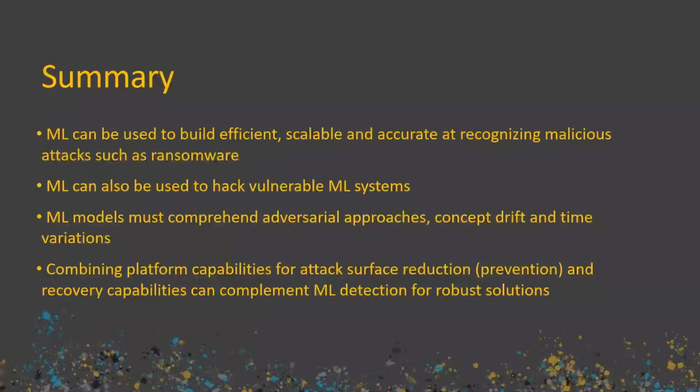There are other complexities we didn't dive into today that Lee touched upon: you have to make sure the model stays up to date, recognize if any poisoning attacks are coming in based on the data sets you're using, and watch how the model is drifting over time. And we feel there's a very important aspect of combining platform capabilities along with machine learning-based detectors, which can give us a much more